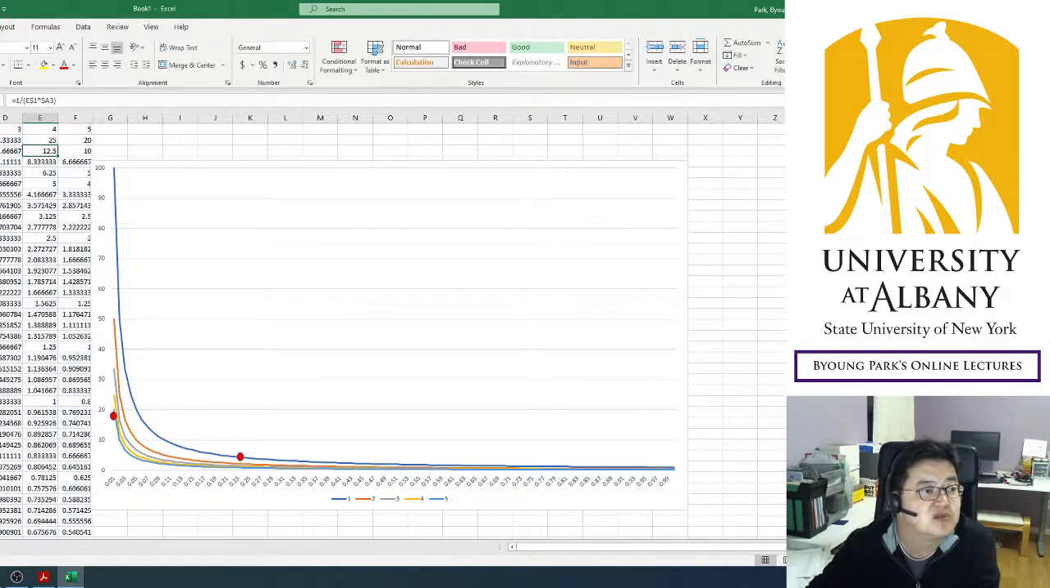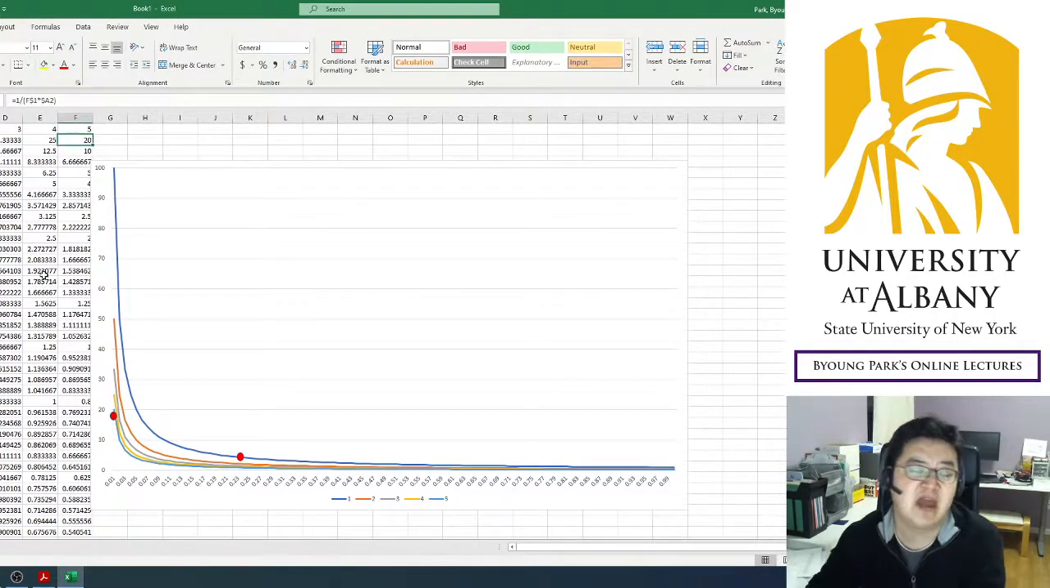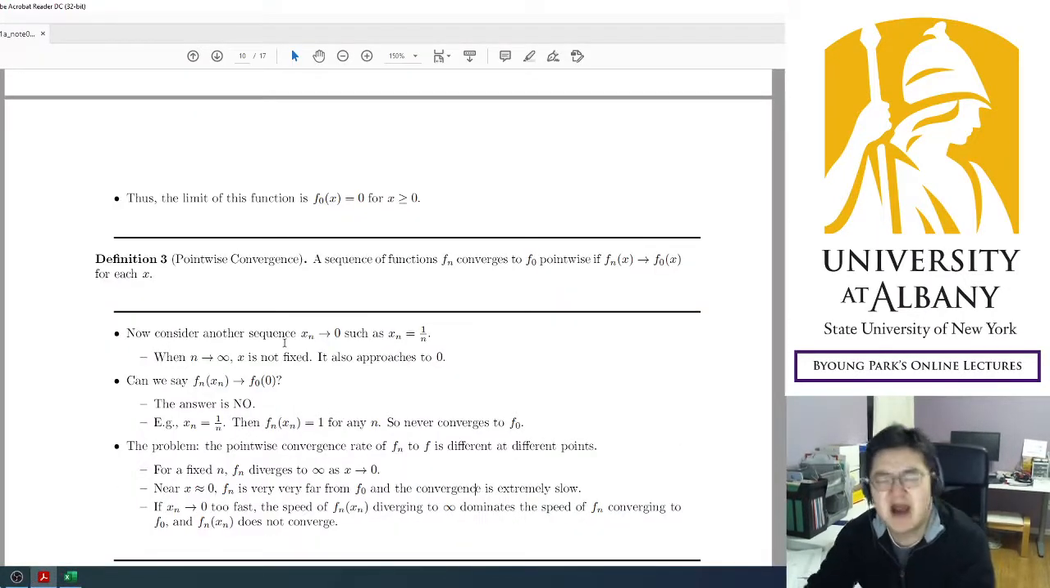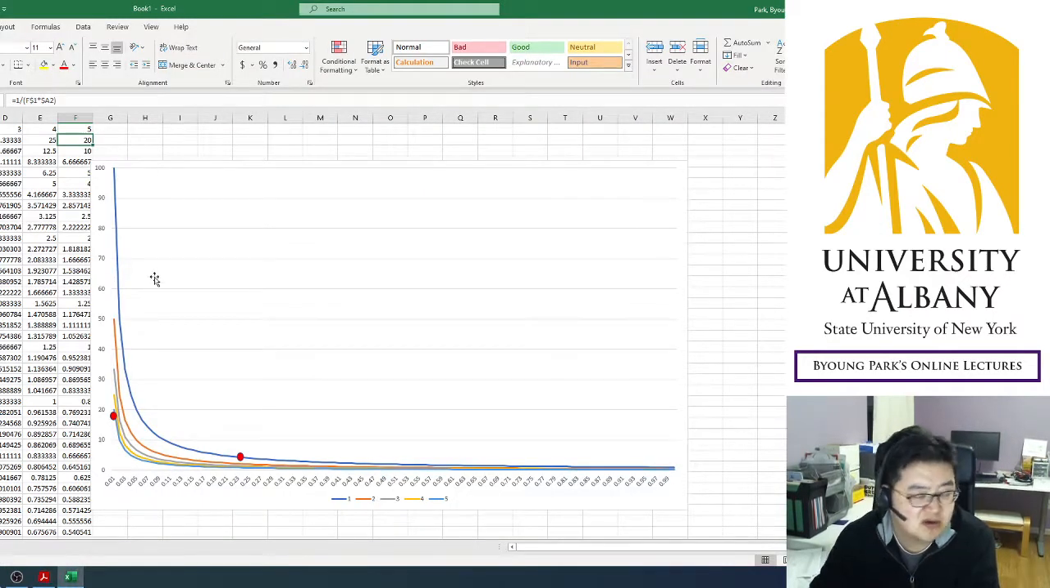So 0.01 is still 20 even if n is 5. So that's the problem: if you move in this direction, you cannot guarantee you are moving to 0. You may be moving away from 0, like this. I wish I had a blackboard, but the point here is the convergence rate is